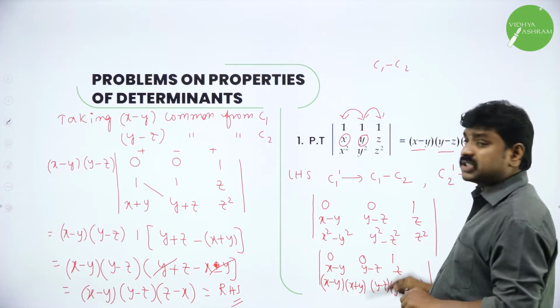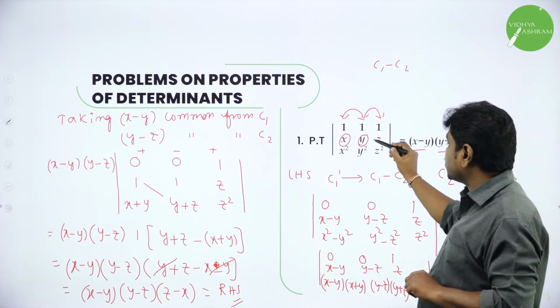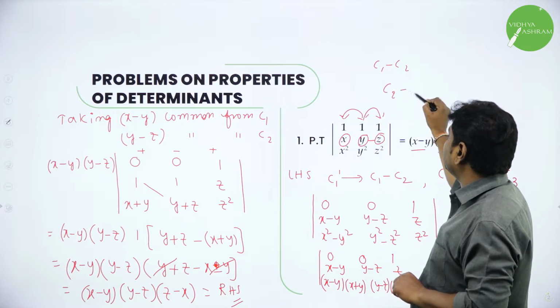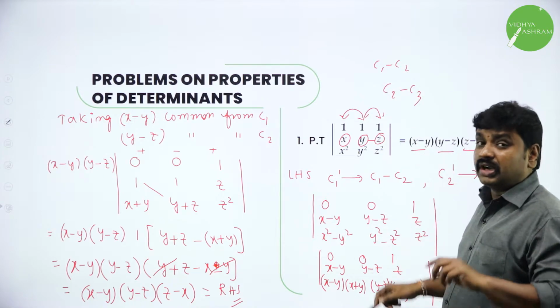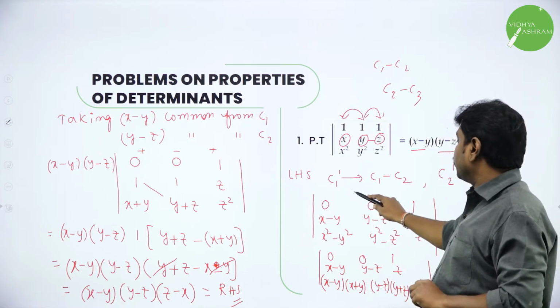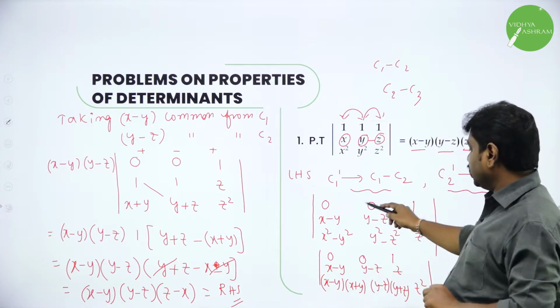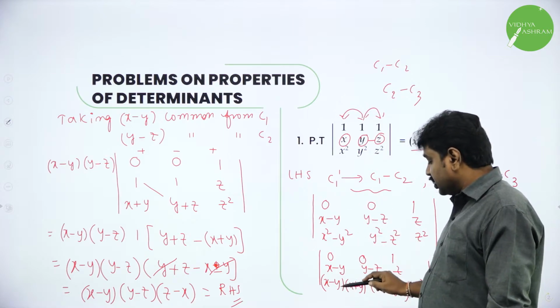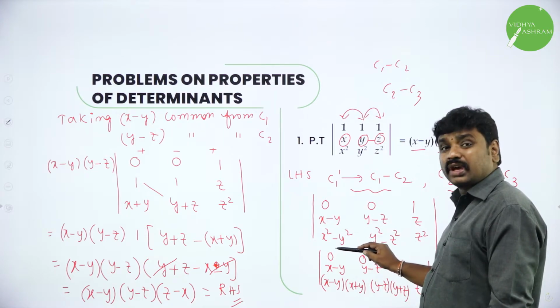And again the second term I saw I have y minus z, y is in the second column and z is in the third column, I should subtract these two. So, I will do C2 minus C3, that is how the operations are. At a time you can do only 2 operations, not more than that. So, I have done this and this, and later if you observe the first column, here you have x minus y, here also you have x minus y, it was x square minus y square.